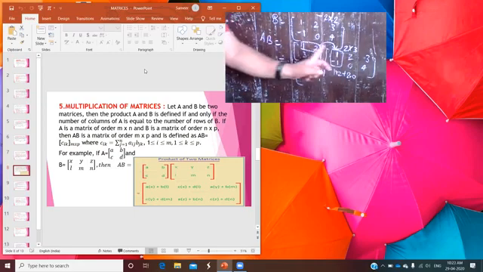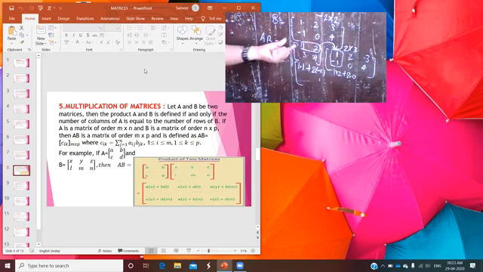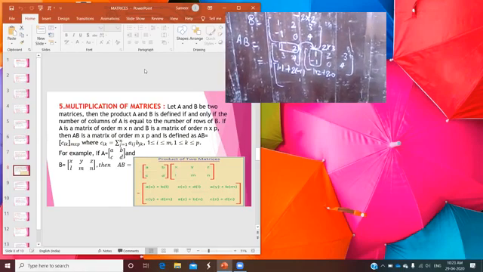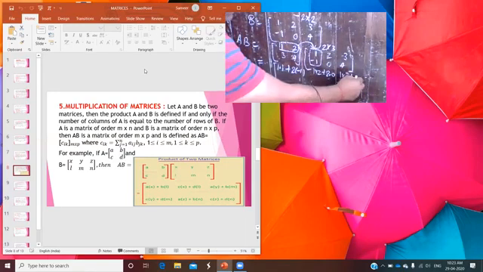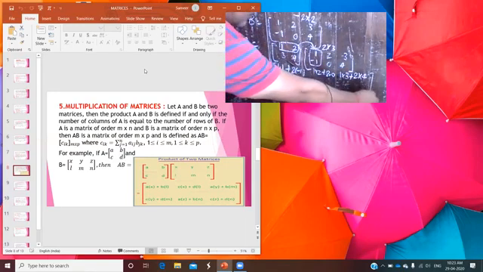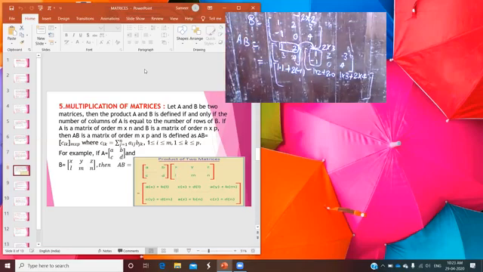First with first, and second with second. So in this way, you take the product of first row, second column. Now move to first row, third column. So what do you write? 1 into 3 plus 2 into 4. In this way, you write the sum of the products of all the elements of the row with each of the columns of the B matrix.